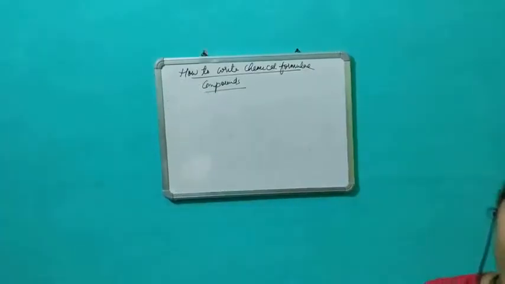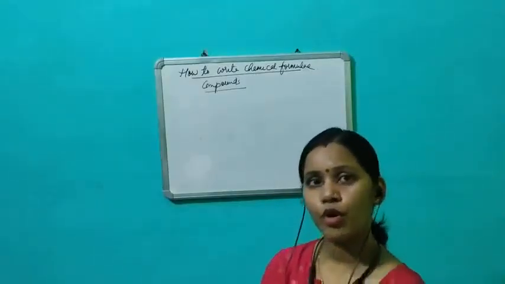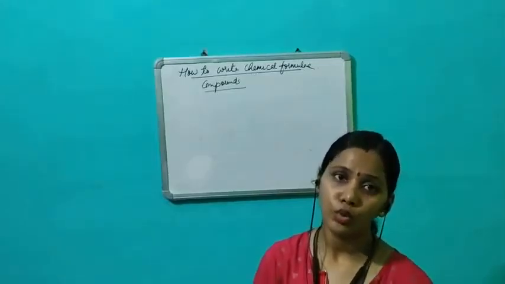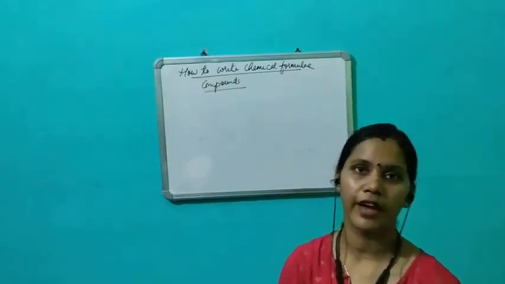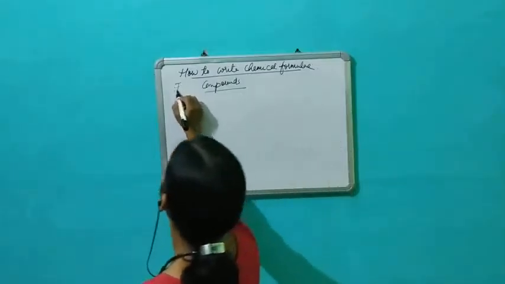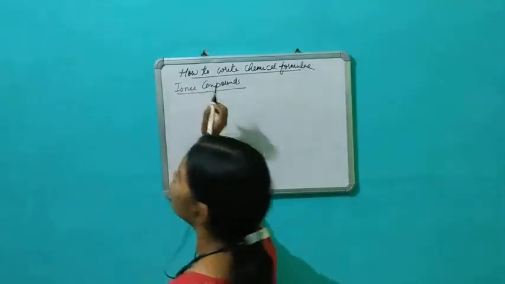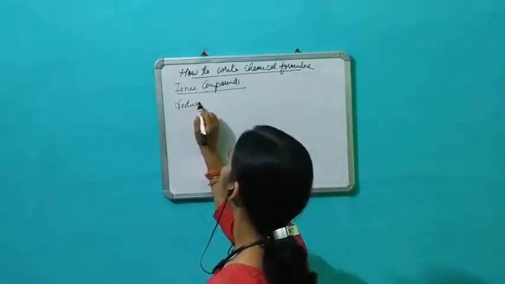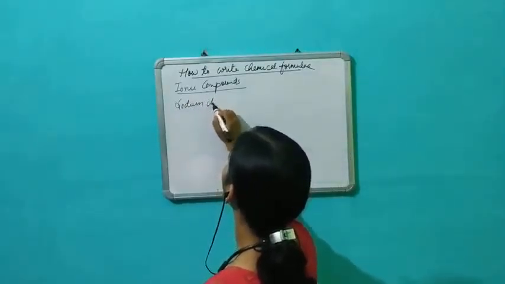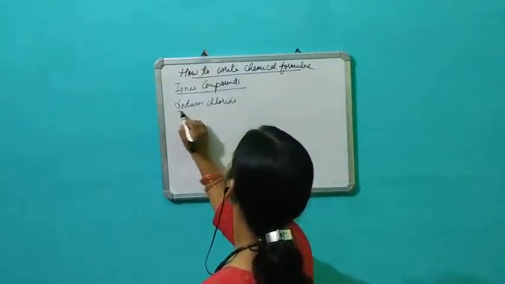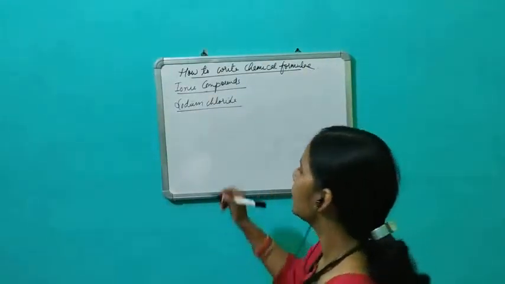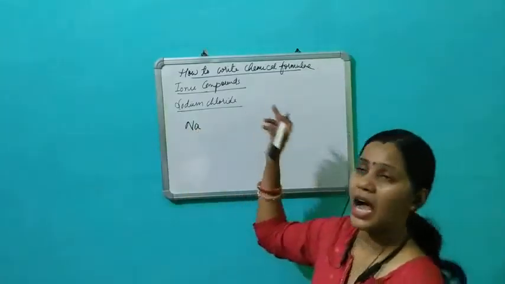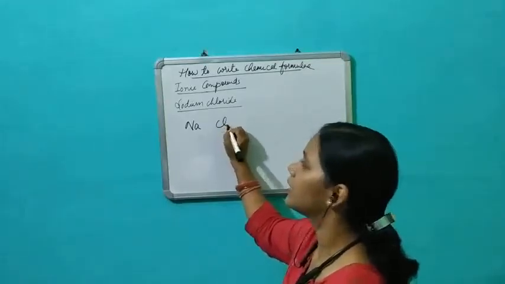For ionic compounds, we write the valency. And for ionic compounds, what is the valency? The number of electrons that they lose or gain determines their valency. For example, if I am talking about the most common one, that is NaCl, sodium chloride. So what is the symbol of sodium? Na. What is chloride? I am saying ide, that means I am talking about the anion.